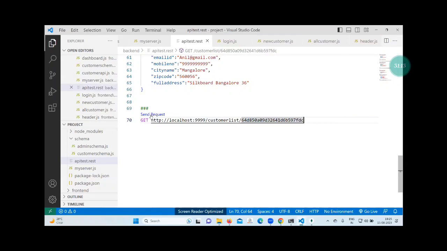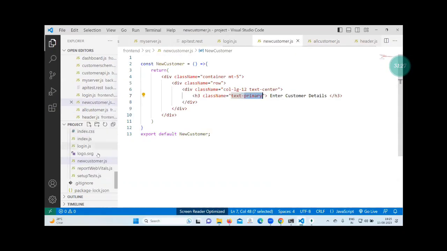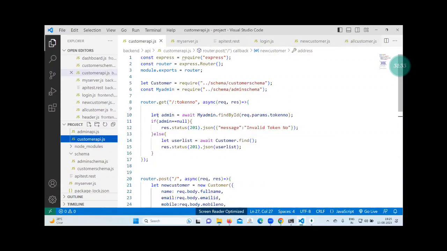Whenever React, Angular, or JavaScript sends a request to the backend, maybe for saving the data, listing the data, updating the data, or deleting the data, in any of the cases, the client must send the token number to the backend. What will the backend do? Inside the backend, we will receive the token number before giving the data. Before giving the data, we need to check whether the token exists or not.